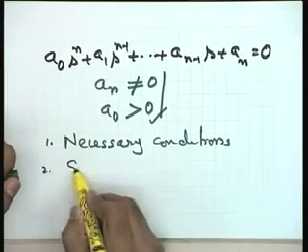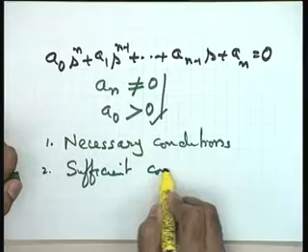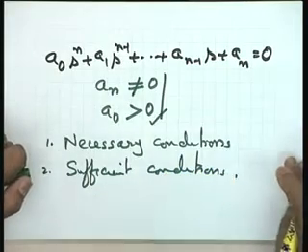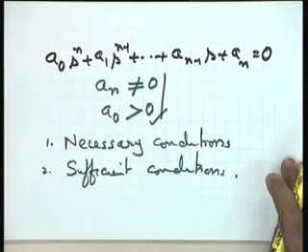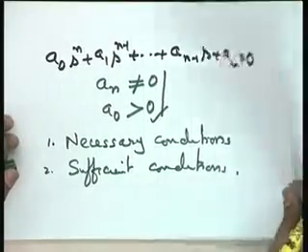Now, let me go to the sufficient condition. Well, even if these necessary conditions are satisfied, it does not guarantee that the system is stable. It simply says that there is a possibility that the system is stable, and hence the sufficient conditions should be examined, and I go forward to the criterion now to establish the sufficient condition.